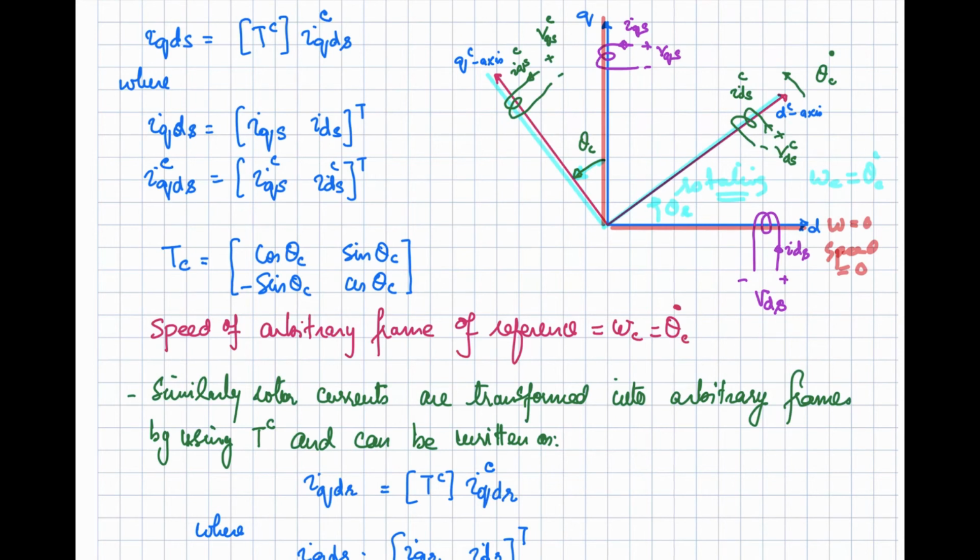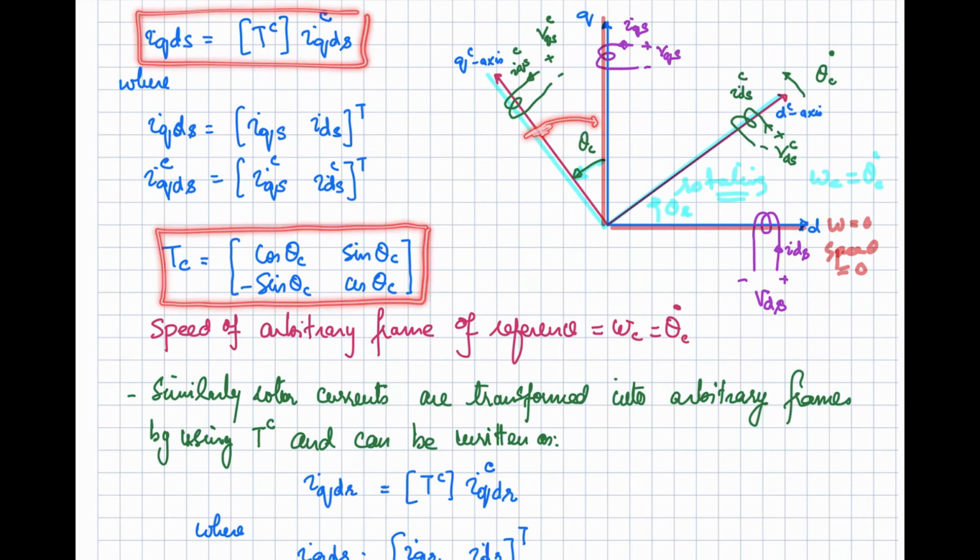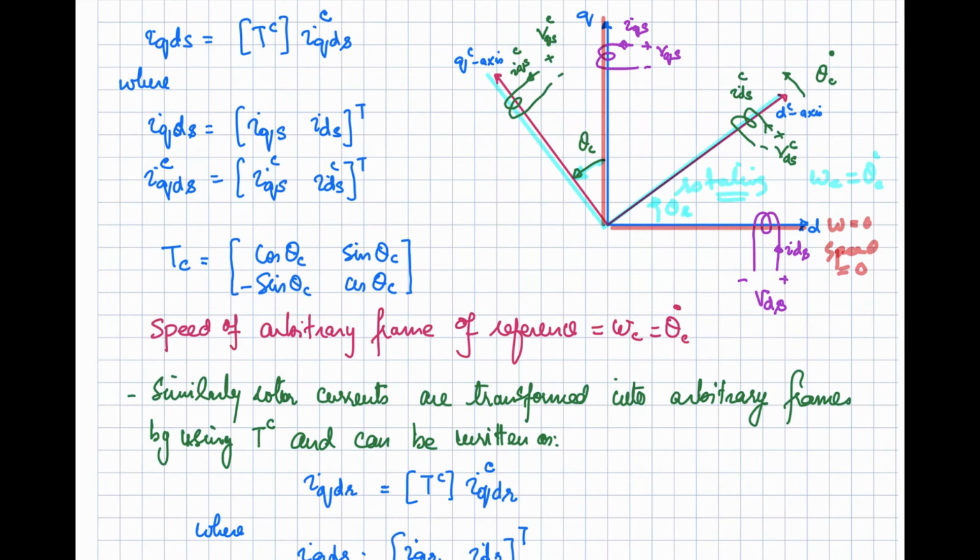So you can refer to those videos and derive this transformation matrix when relating the quantities from the rotating frame of reference to the stationary frame of reference with the help of this equation. You can look at the projection. Basically, what you are doing here is finding IQS, which will be equal to a projection of this IQS in the rotating frame of reference over this axis, and that will be done by looking at this angle theta c. You will be looking at the projection of this one, and similarly you will be looking for the projection of this one, IDS, using this angle theta c over this axis.